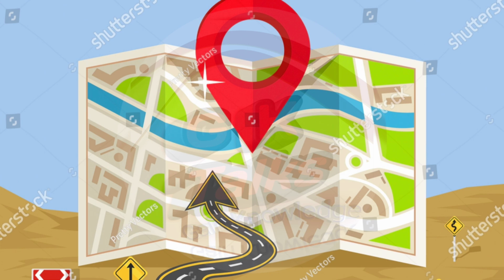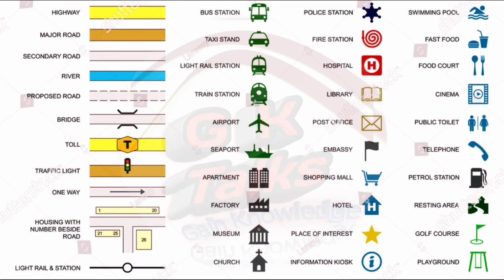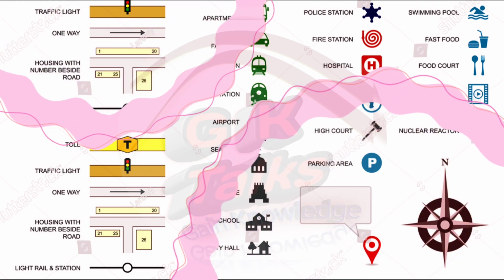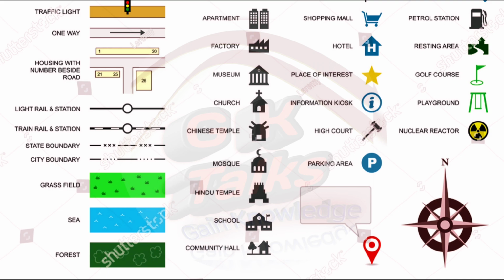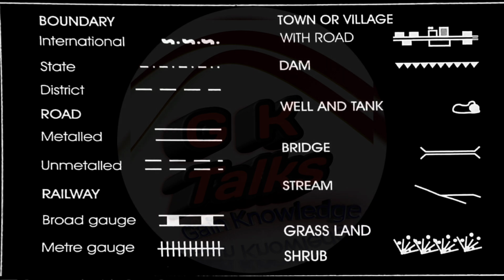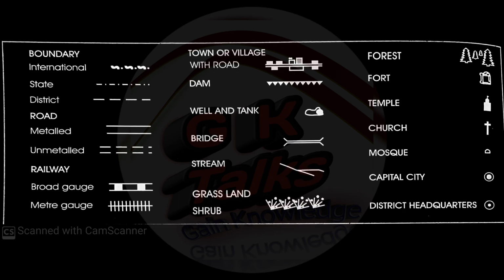Next feature, signs and symbols on a map. Various signs and symbols on a map stand for various things. For example, the boundary of a country is shown by a line made up of dots and dashes. Similarly, a district is shown by a line made up of dashes. One must know about these signs to read the map correctly. Special symbols are also used to show distribution of crops, minerals, industries, dams, etc. Some of the important symbols are shown on your screen.